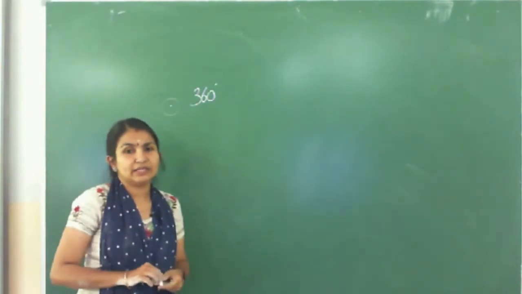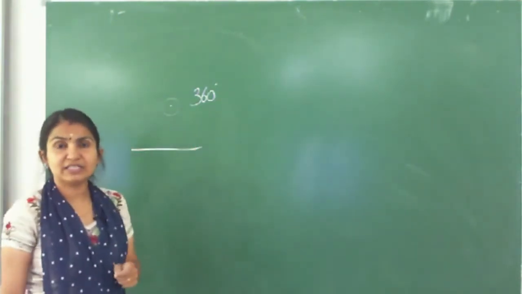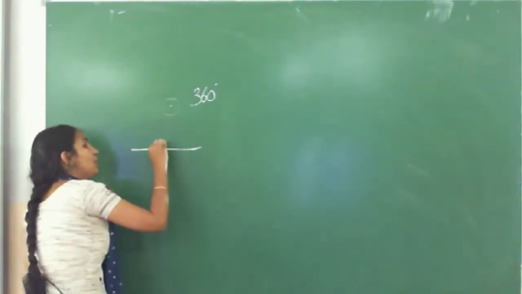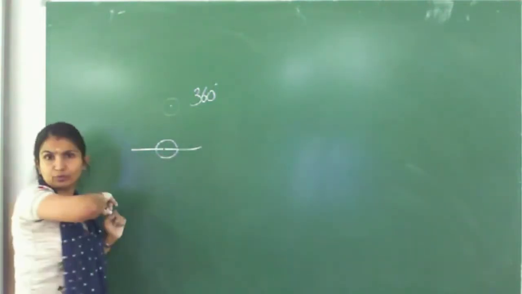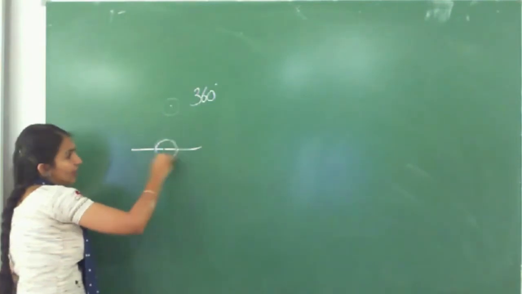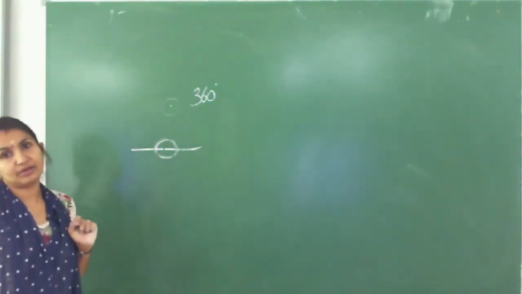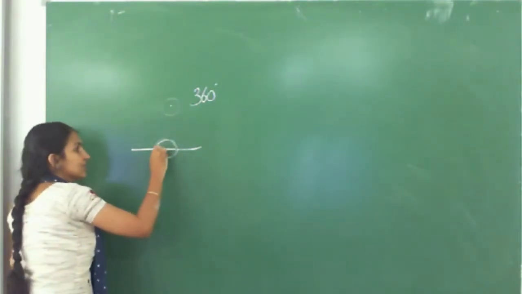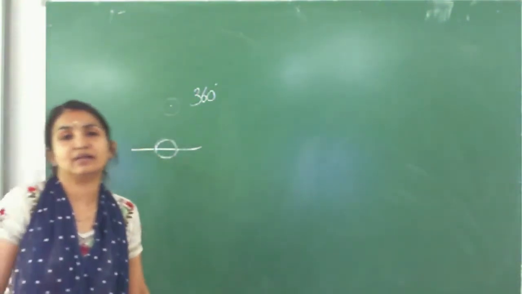Then the next one is the case of a straight line. When we are saying straight angle, we told the upper part is 180 degrees, we told the down part also 180. See, just check this one, it became a complete one, that is also 360 degrees. So around a point the sum is 360 degrees. From this also we can understand.